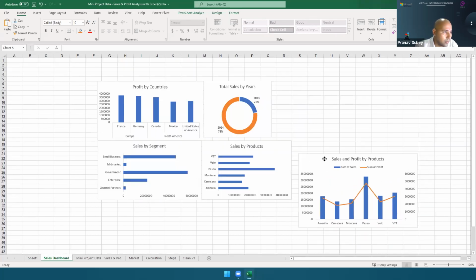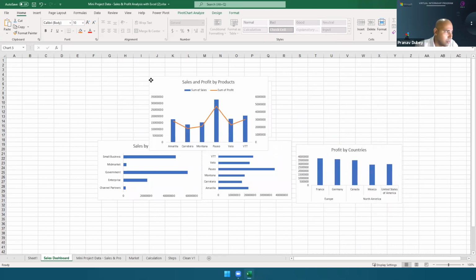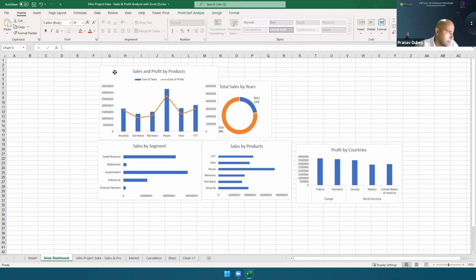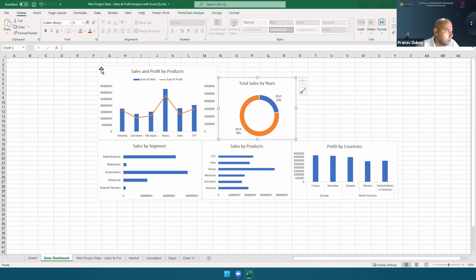Okay, and now it's up to you how you are going to design it, how you are going to keep it. Okay, just arrange. Just do some arrangements.